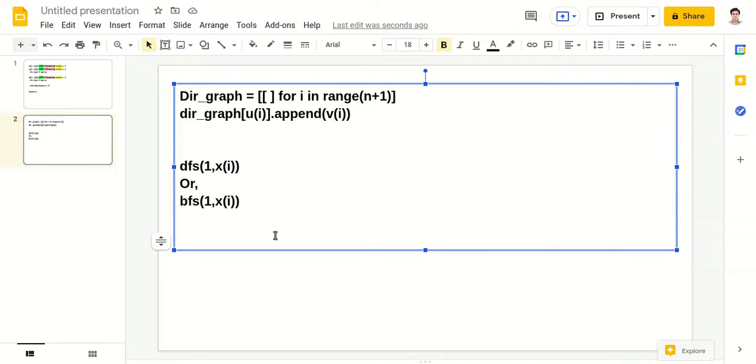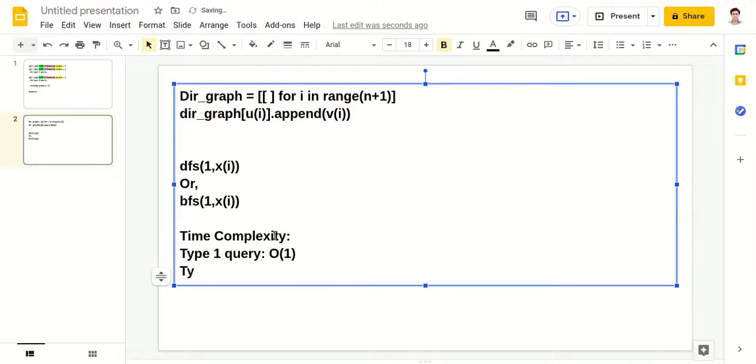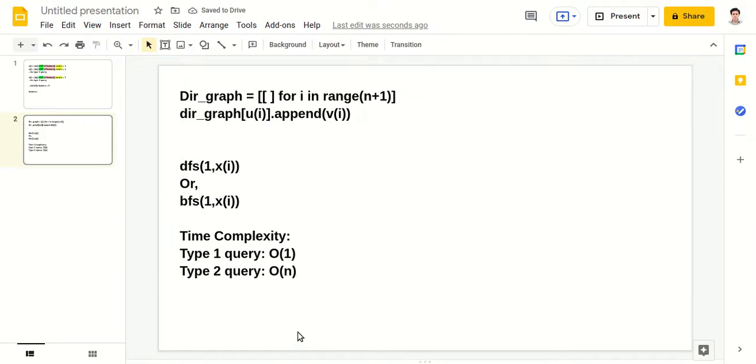I'm writing this time complexity: type 1 query is O(1), and type 2 query will be O(n), because we have to do a DFS or BFS and traverse most of the nodes until we reach that vertex.